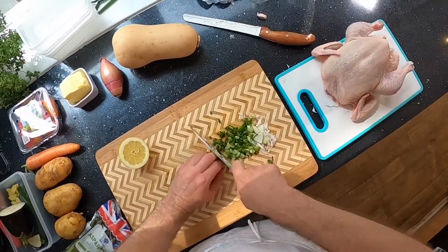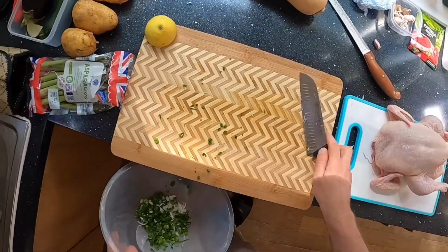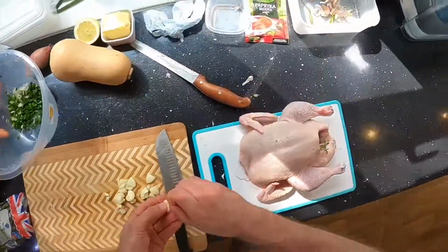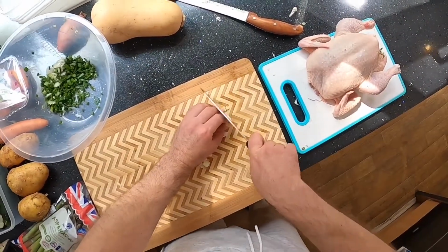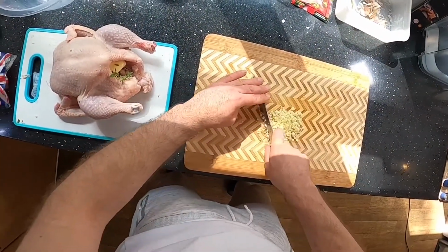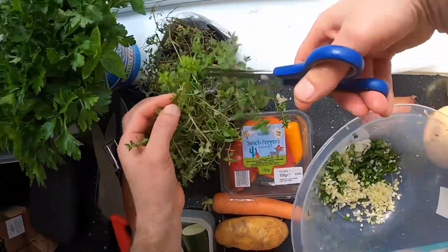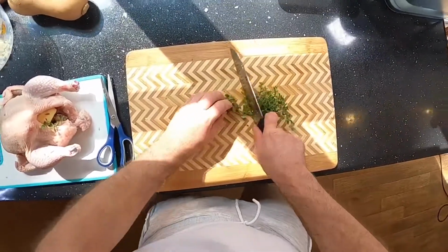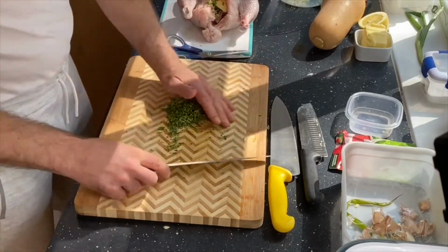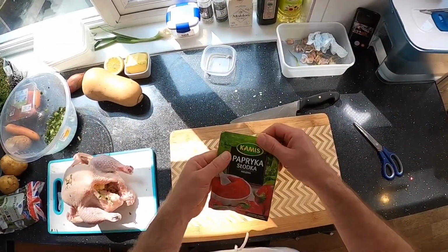Now you can finely chop the marination ingredients for the chicken. I started with spring onion, chop some garlic, chop a bit of thyme, add some paprika as well,